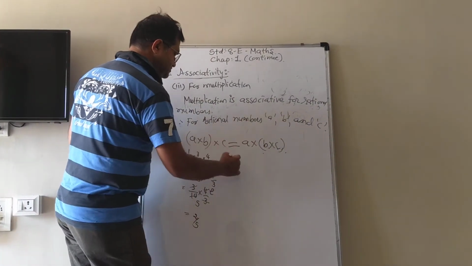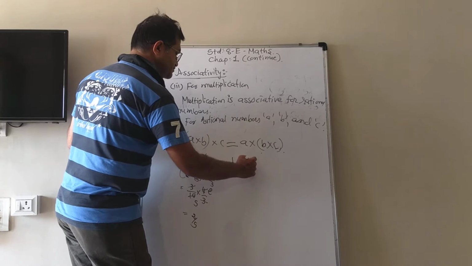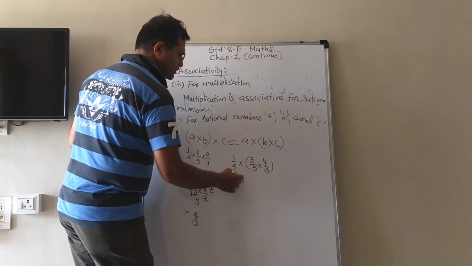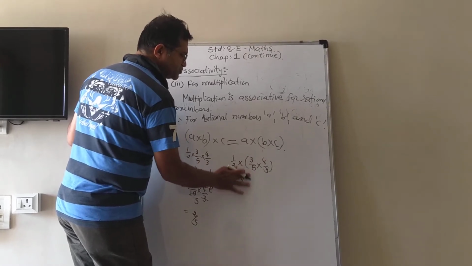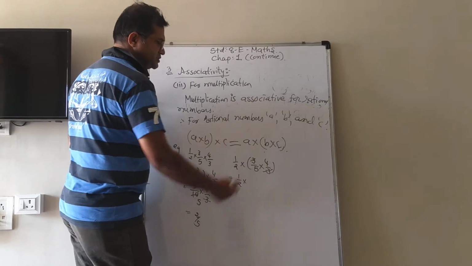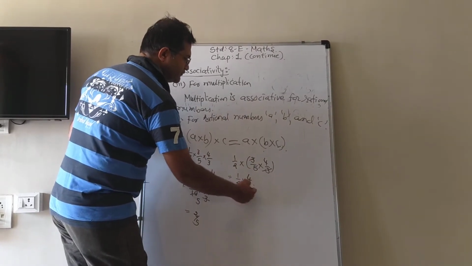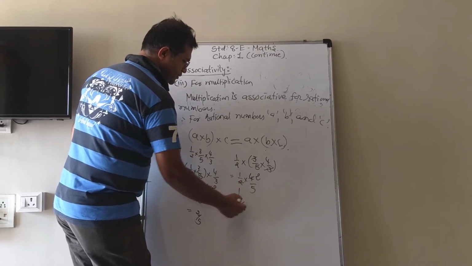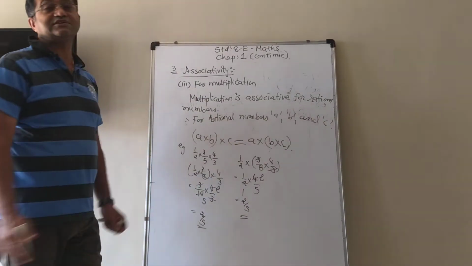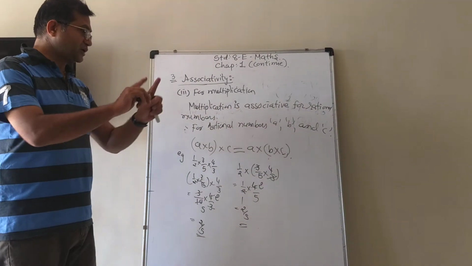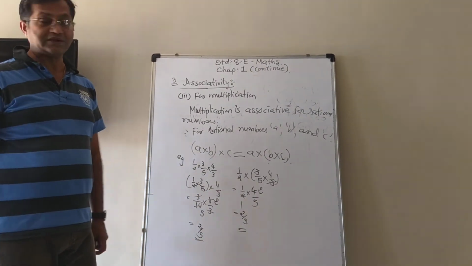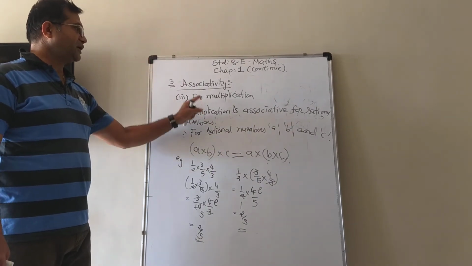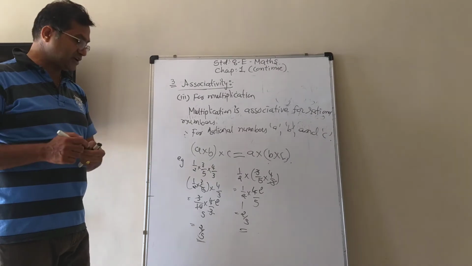We will do it like this. 1 by 2 multiplied by 3 by 5 multiplied by 4 by 3. So 1 by 2 will keep as it is. 3 4s are 12, or you can directly cancel here also because it is easy. So we will write down here 4 upon 5. Again cancellation, 2 1s are 2, 2 2s are 4. So 2 upon 5. You can see that on both sides the answer is equal. It means that you can make any group in multiplication. So we can say that associativity holds for the operation of multiplication also.